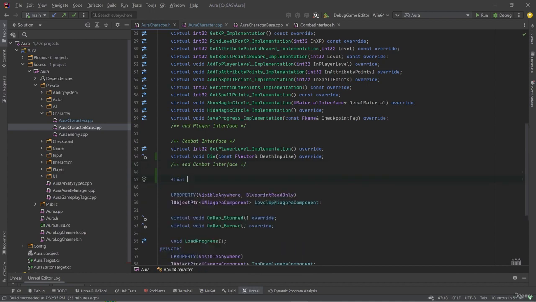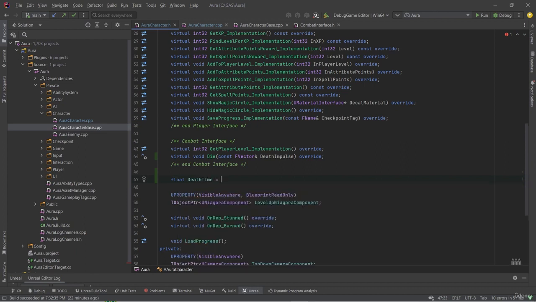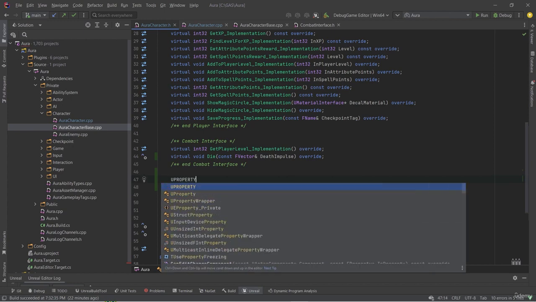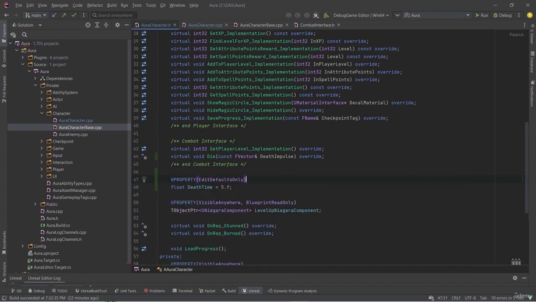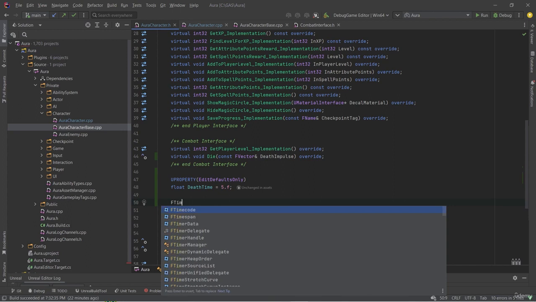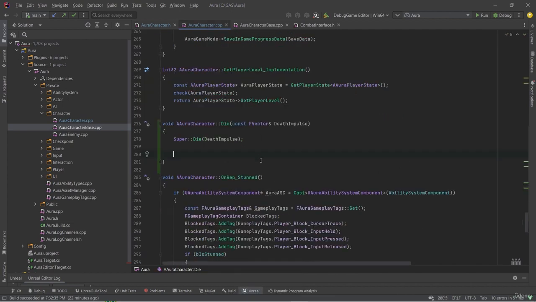I'm going to have actually a float called death time. We'll set it to 5 seconds. So 5.f. And of course, this is something you should set with edit defaults only. And I'm also going to have a timer. Now, to set a timer from C++, we use an FTimerHandle, just like we've used them in Blueprint. And we're going to call this death timer. And in Aura character die,